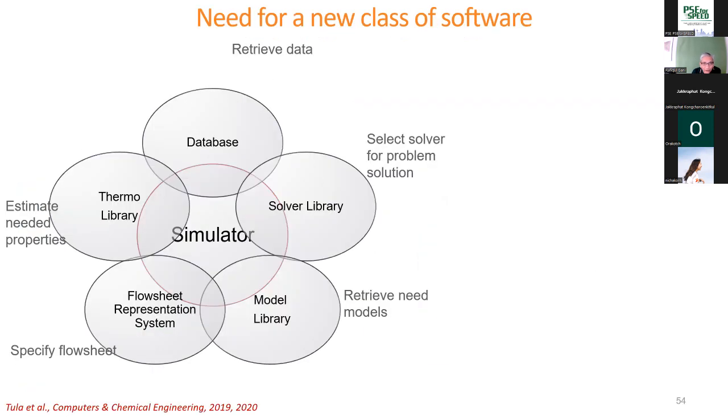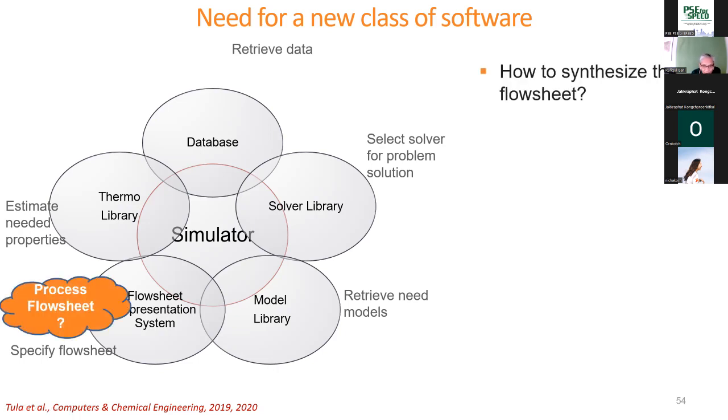One final thing I want to show is that all these things that I've shown, if one thinks of that, yes, if we have a simulator, the simulator will solve all these problems. It will not, because what you see here is what the simulator has. It can solve the problem. It has the thermal library, database, solver, model library, flow sheet. So it can solve many problems. But what happens if you do not have the flow sheet? The simulator does not generate the flow sheet.